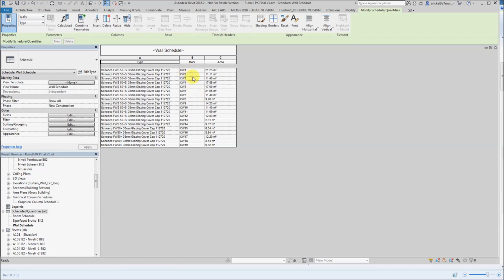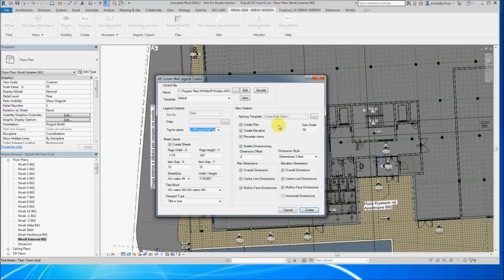Now you can use any parameter you like for this functionality, however mark is the one that's really set up by Revit and is the most logical choice. Since plans and elevations can have the same name, there's no issue in having the curtain wall mark being applied to both